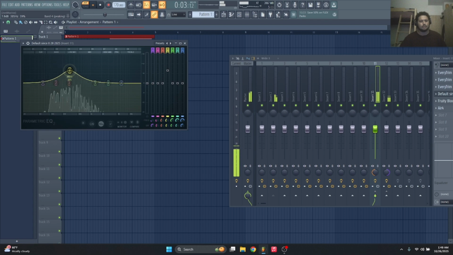So by bringing this up, I'm dulling this, which I don't like as much over here, even though it does need a little bit of a boost. So I'm kind of contradicting myself here. EQ is a funky little device that I use for a lot of things. We'll just put it like that. And it's a very paradoxical tool